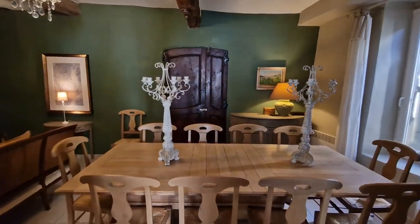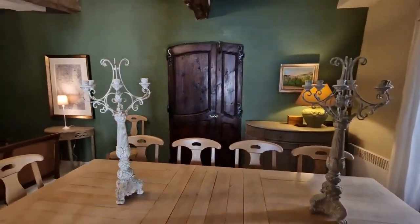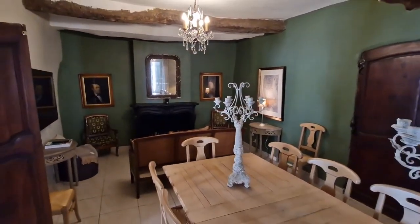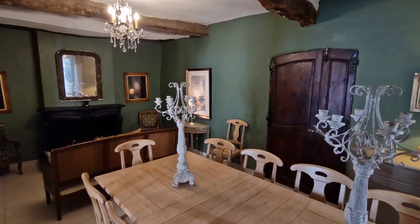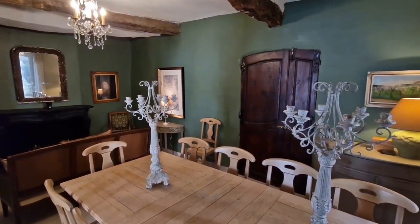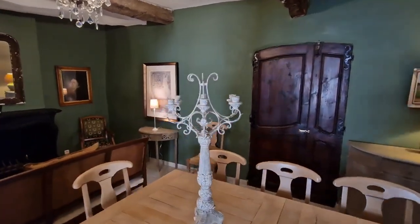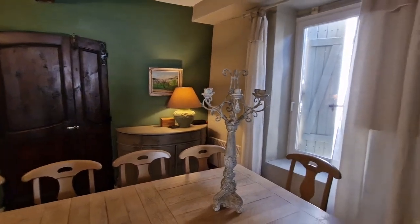This has been decorated by the current owners in quite a heavy style on purpose because they feel that that fits with the period of the property and it being a dining room. You've got the doors ahead of us, the double door there is a small cupboard, so where you'd have sort of drinks or glasses perhaps. And if I turn around, just here,